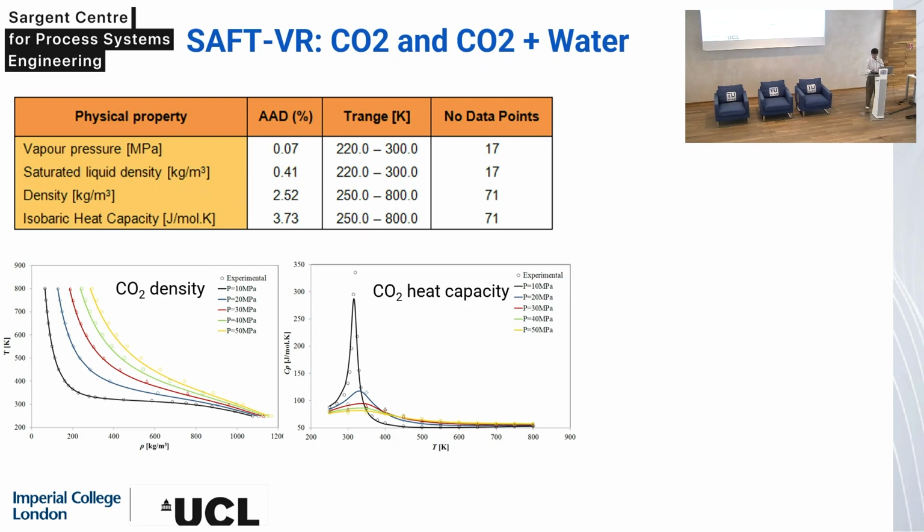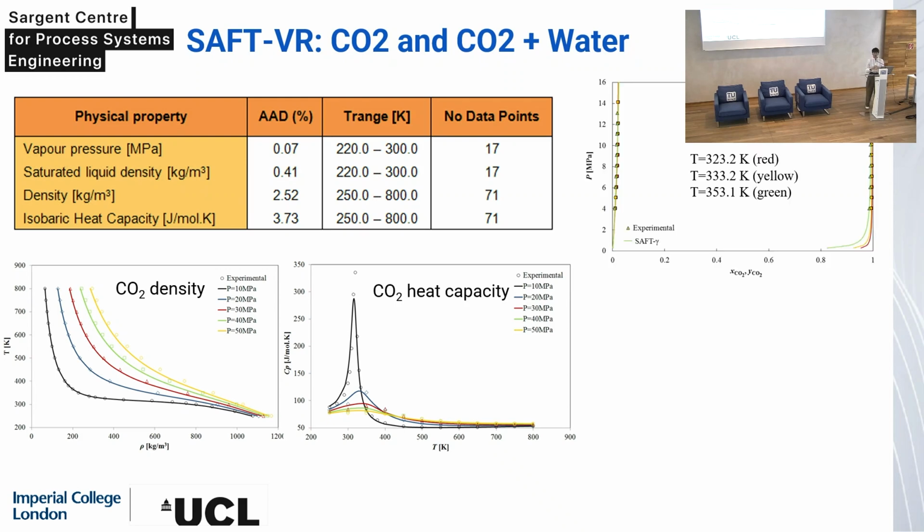Okay, so that's CO2. The theory is general. I've shown you only the expressions very briefly for pure compounds, but the theory is entirely general, and we can have any number of components. So we use it, of course, in the context of mixtures. And this, for example, is the phase diagram of CO2 and water. The two fluids are very immiscible, so you can think of CO2 as insoluble in water, but this solubility remains through the liquid phase as well as the gas phase. So we have a phase diagram